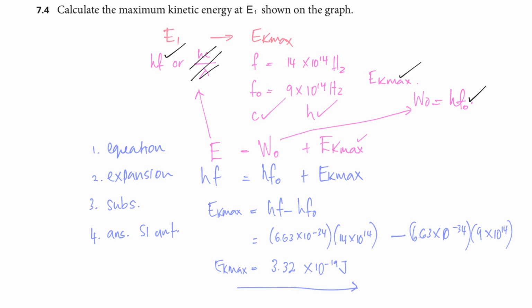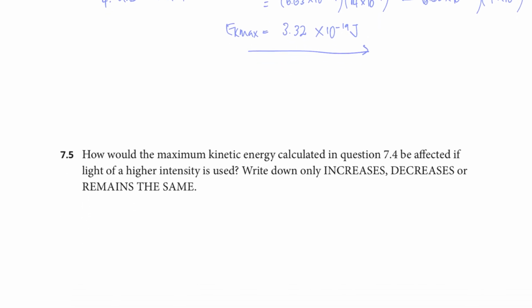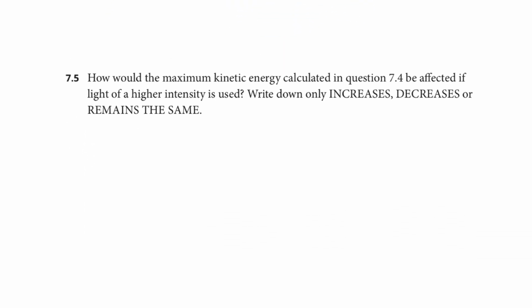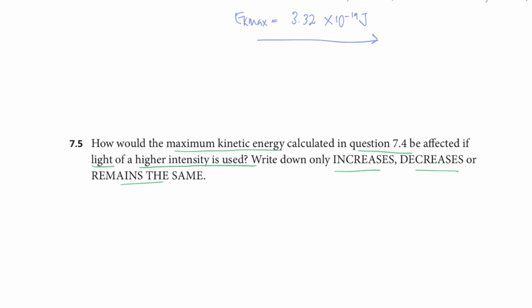All right, the last question, question 7.5. Let's have a look at what it says. How would the maximum kinetic energy calculated in question 7.4 above be affected if a light of higher intensity is used? Write down only increase, decrease, or same. This remains the same. So remember what I said before. That means if I look at my EK max here at 3.32 times 10 to the power of negative 19, how will it be affected if we use a higher intensity? It will not be affected,